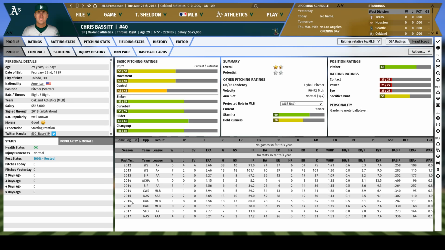His next stint in the majors was with Oakland in 2015. He went 86 innings and had a 3.56 ERA. So you could see the potential was always there. He got injured sometime between 2015 and 2016, kept going in and out of the DL. I believe he went through Tommy John at some point, and now he's healthy, so we're hoping that we can still get the old Bassett